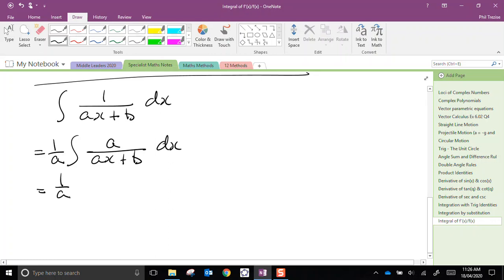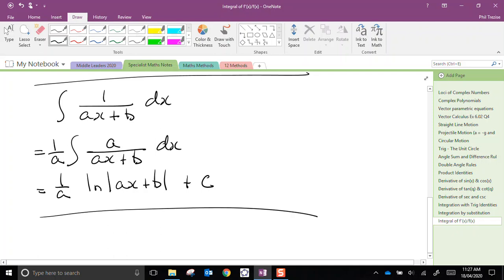Now I can apply my rule. The 1 over a is still there, and the rule for this is the natural log of the function in the denominator, ax plus b, plus c. There you go. That's a nice little quick explanation,